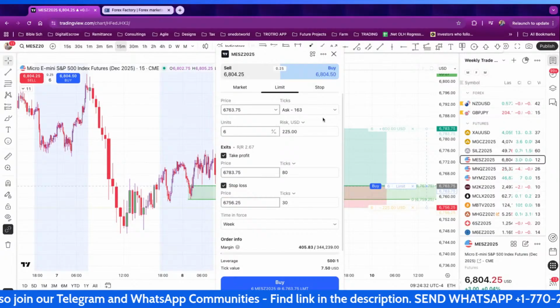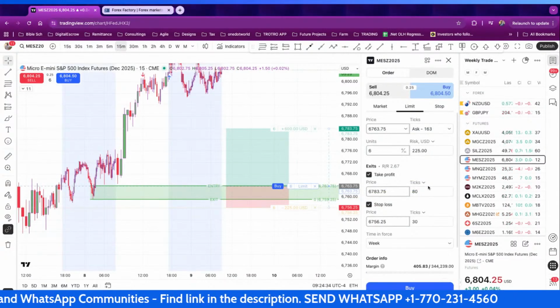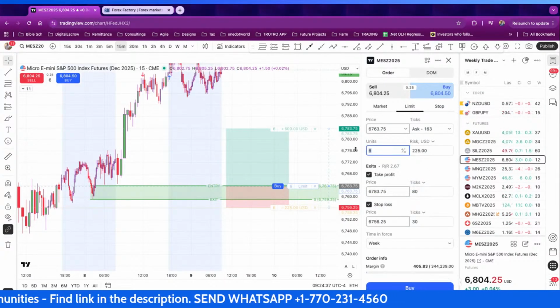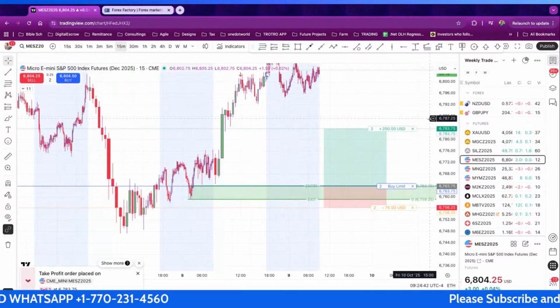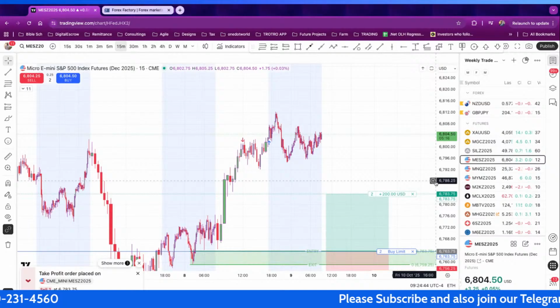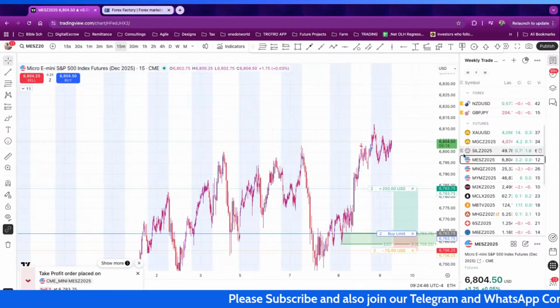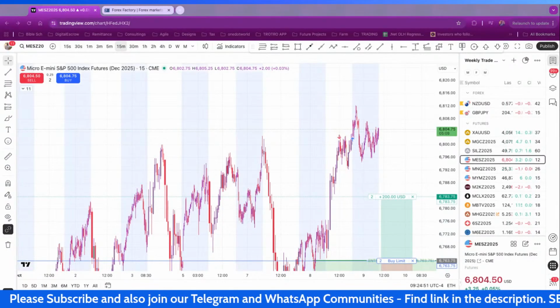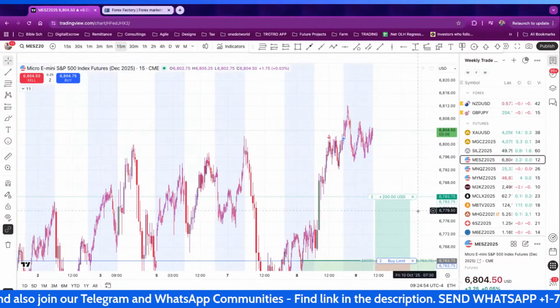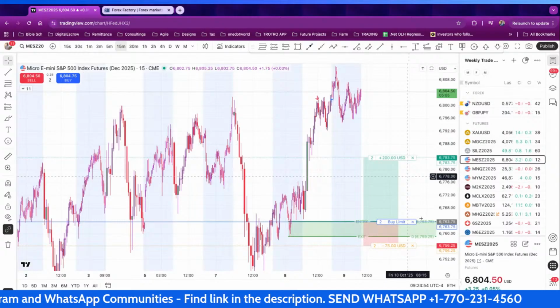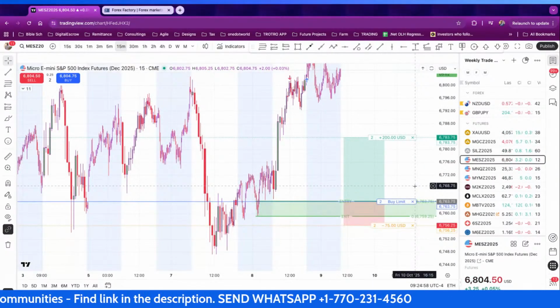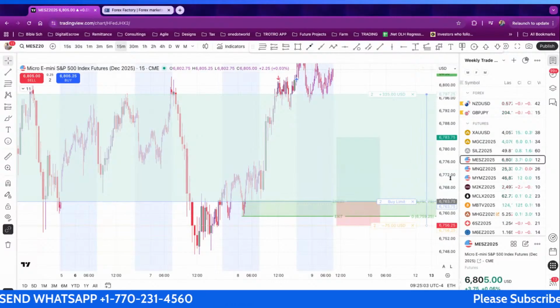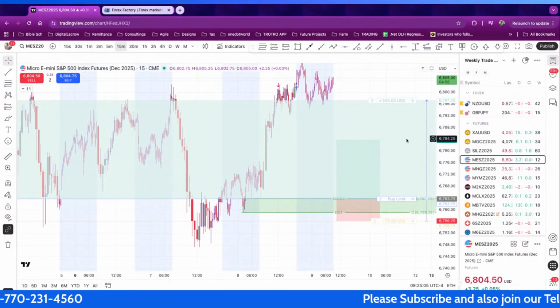We'll be trading, let's say, maybe 2 contracts or so. I just put in 2 contracts over here. And are we in a 15-minute supply? No, we are in all-time highs, right? There are no 15 minutes supply above here. So for the MES, that is the S&P, that is where I'll pick things from, and just 2 contracts. You can do as many as you want. It's basically up to you.